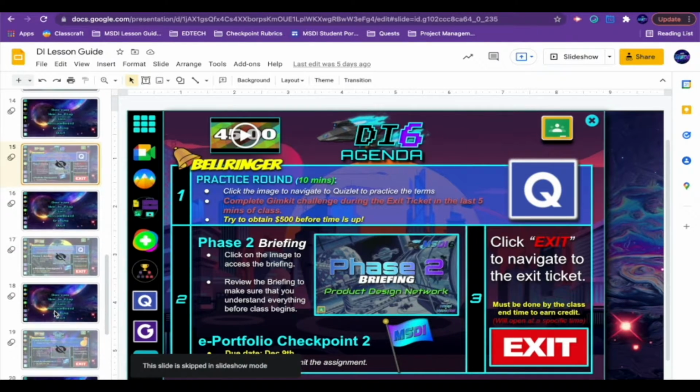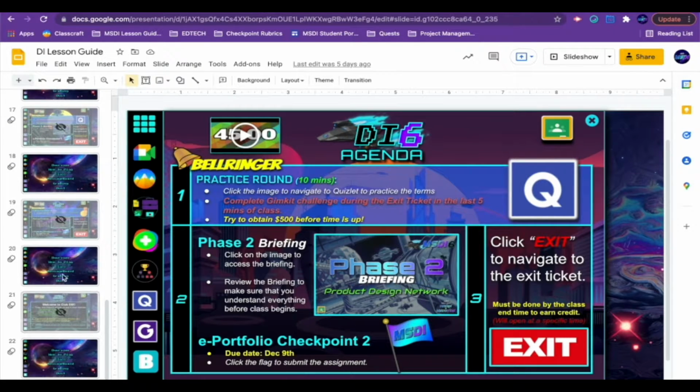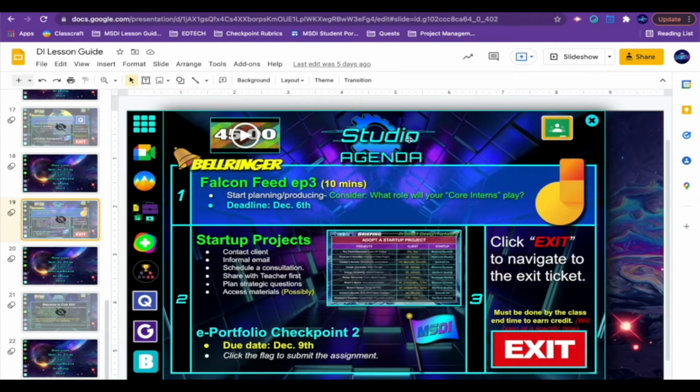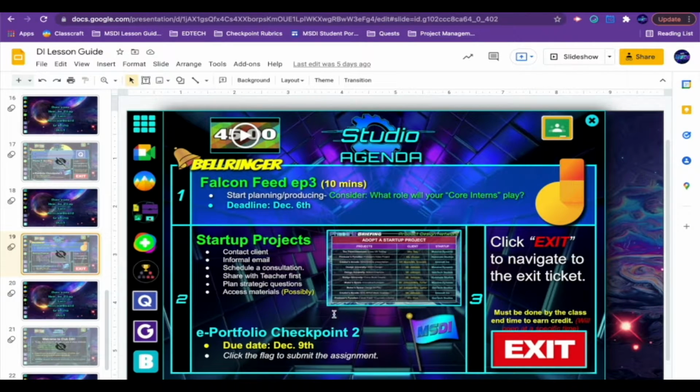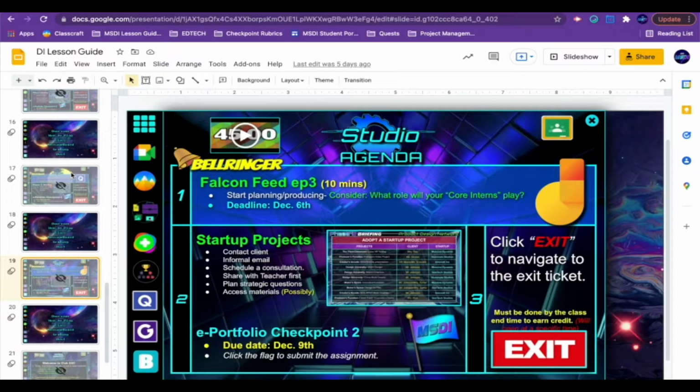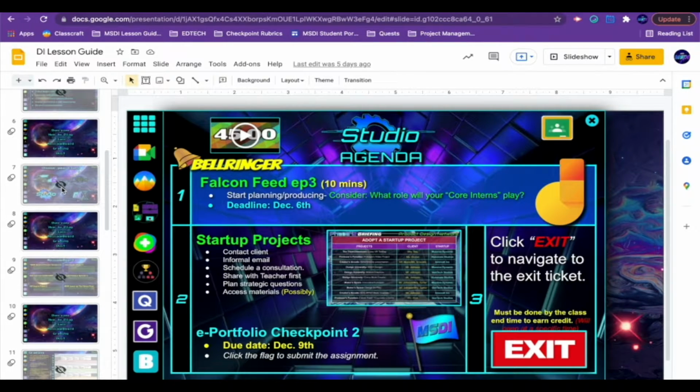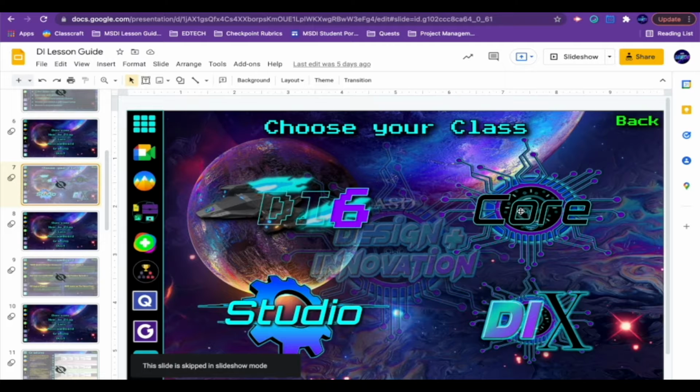Okay, so these are the other slides. Depending on which course you click on, you get redirected to, like, this is the DI6 class and the studio class, and then others. I like how when you click, you're taken right away to the slide that corresponds to the lesson of the day. There isn't any room for confusion where it's like, oh, which slide do I go to? It's just clear that when you click the icon, here, you're instantly taken to the right slide